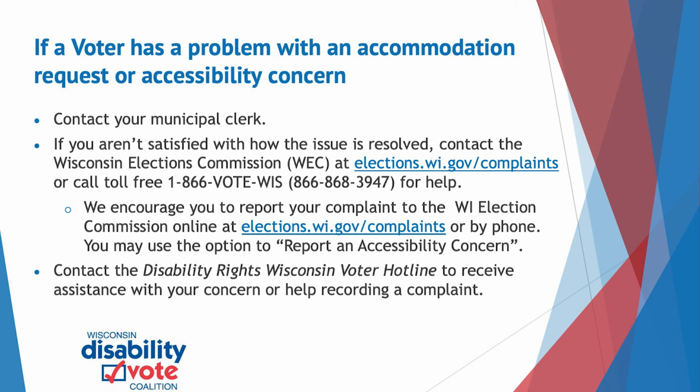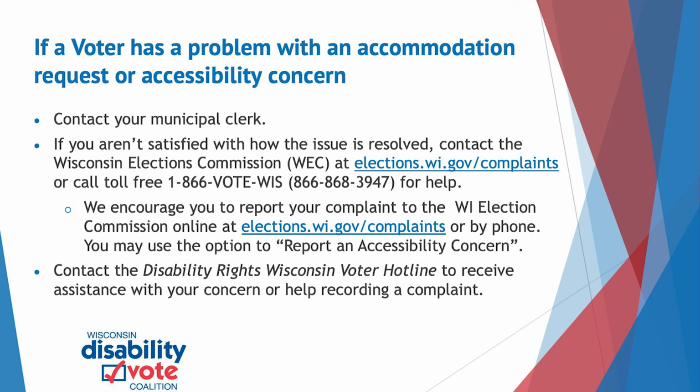If you aren't satisfied with how the issue is resolved, we encourage you to contact the Wisconsin Election Commission. And it's important to document your concern with a complaint. You can make a complaint to the Wisconsin Election Commission by phone or online at elections.wi.gov/complaints. You may use the option to report an accessibility concern. Reporting your complaint gets it on record so that this can be addressed for the future and help other voters as well. Please feel free to contact the Disability Rights Wisconsin Voter Hotline to receive assistance with your concern or